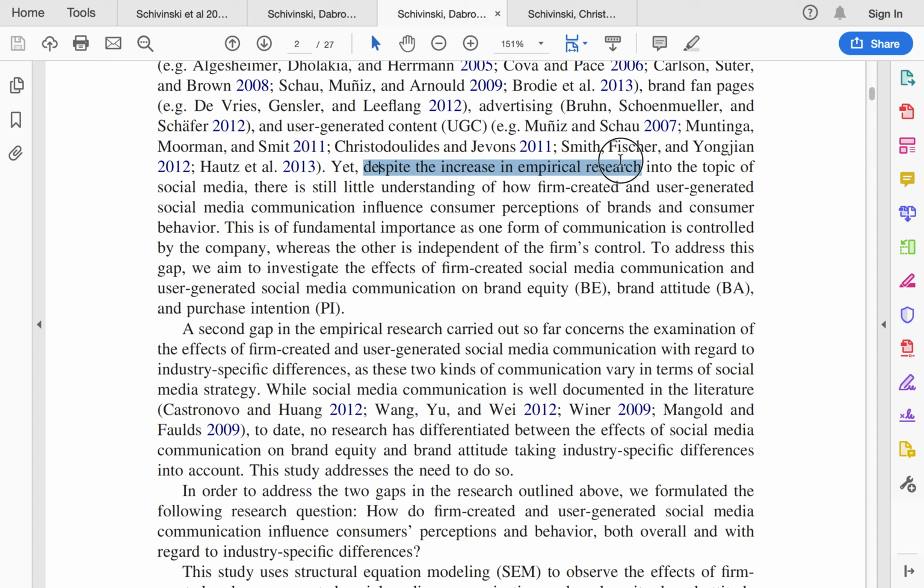Despite the increase in empirical research into the topic, there is little understanding, and here I'm presenting the gap. To address this gap, you need to make it very visible. We aim to investigate the effects of, and then you put the variables of your model. Take a look here: the effects of firm-created social media communication and user-generated social media communication on brand equity, brand